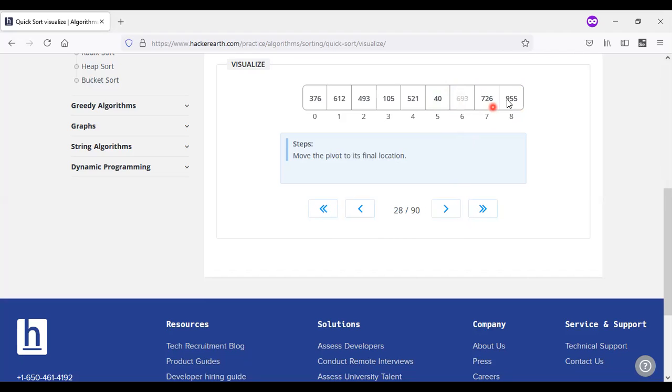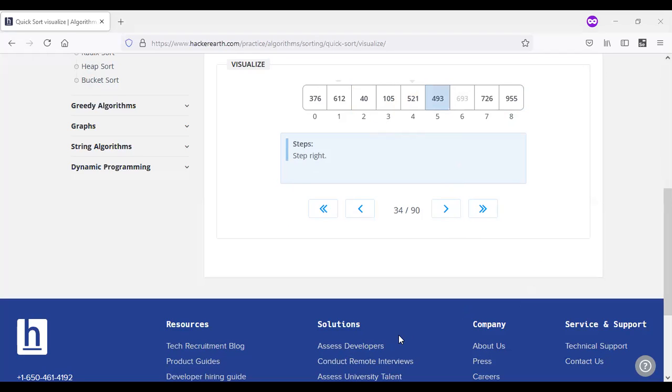Although they are in sorted order, we need to check it once. If the two elements on the left are also in sorted order, we check once more. For further processing, we take the middle element or another element and swap with the others, such as 493, then 521 and 612, which will be swapped with this one. That is one simple example for what you have chosen.